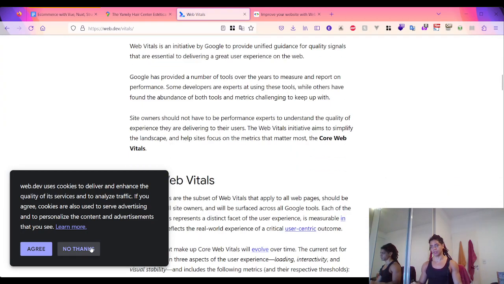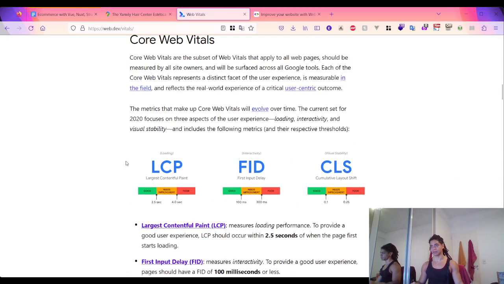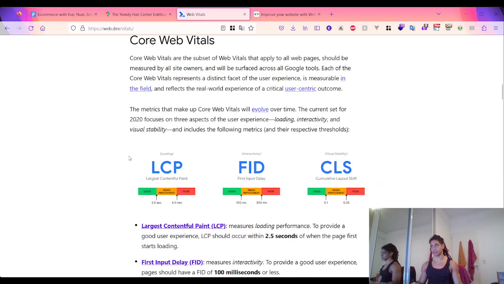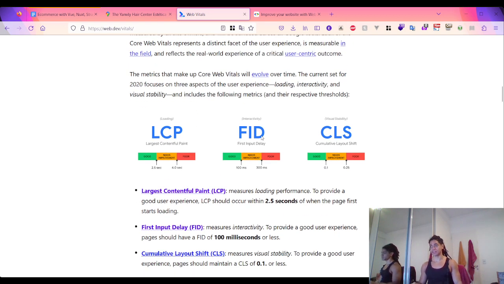So the finding here is the Web Vitals, okay, and the Core Web Vitals are these three metrics, right? What you have is the largest contentful paint, the first input delay or the interactivity, and the visual stability, cumulative layout shift,